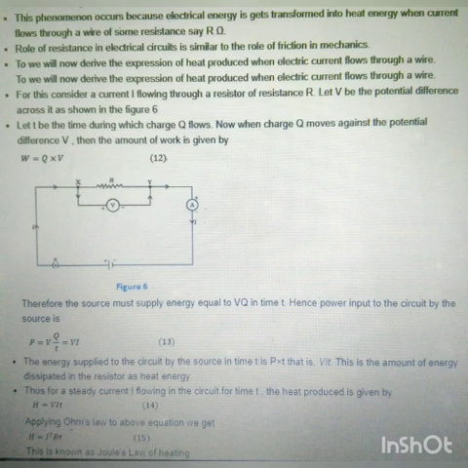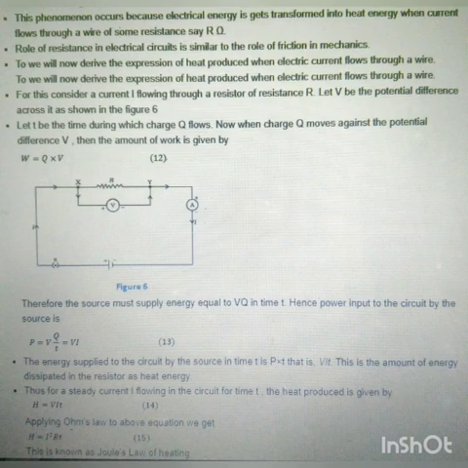We can see here that when electric current passes through a high resistance wire or a conductor, it becomes hot after some time. It is called the heating effect of current or Joule's heating. In fact, Joule's heating is the consequence of the conversion of electrical energy into heat energy. The role of resistance in an electric circuit is similar to the role of friction in mechanics. Now you will derive the expression for the heat produced when electric current passes through the conductor.